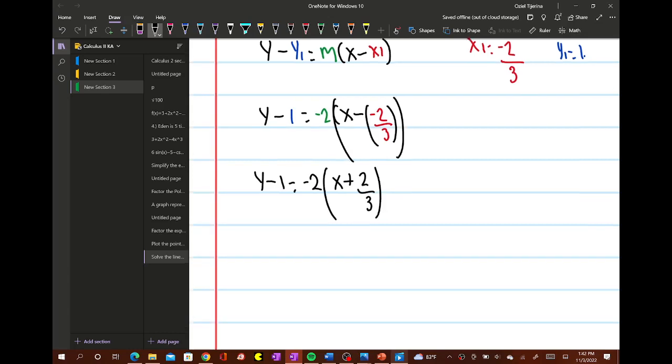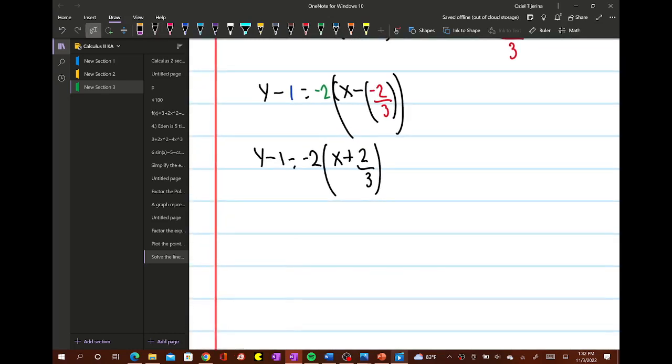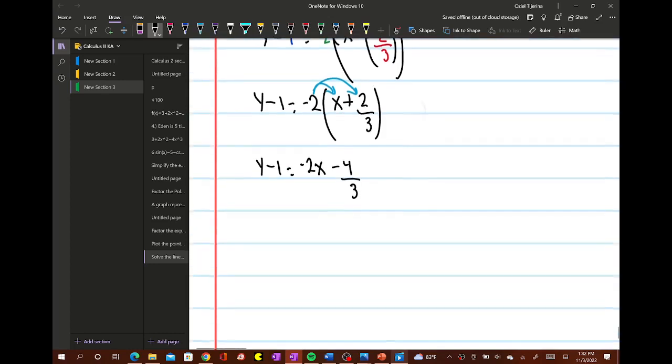Now, we can go ahead and distribute the -2. So, we're going to distribute this, right? And we have y minus 1 equals -2x, and it's going to be minus 4 over 3, okay? So then,